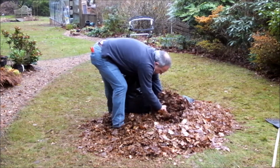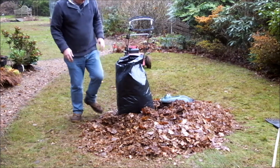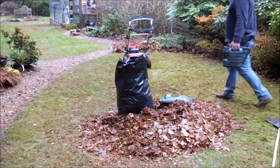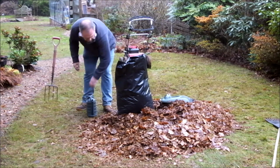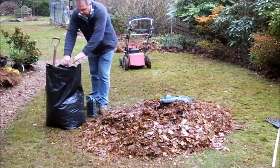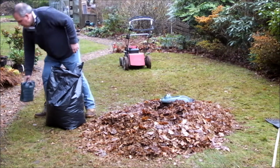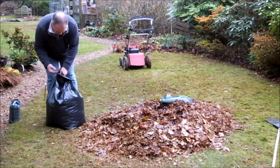One more, I think. Now, that does feel a bit on the dry side, I must admit. So I'm going to get a watering can. Okay, so I've got a watering can. Don't overfill them. If you can't lift them, there's no point putting any more in there. So just give it a bit of a water, tie the top,